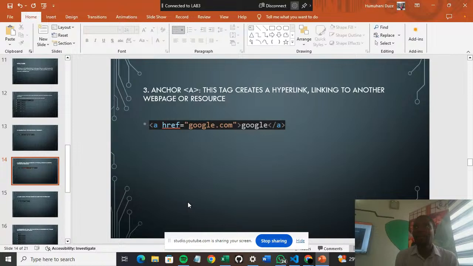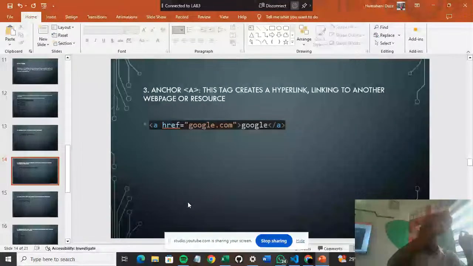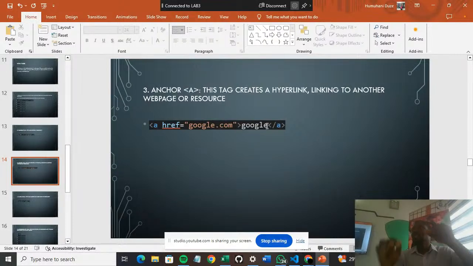It is denoted by A. Then we have what we call the href. Inside the href, there is a quotation where you put the location where you want it to take you. Like in this one, this a href is going to write this. You see this thing outside the tag, this Google here. You can see it, right? It's going to write it, but it will be in blue color and underlined. So the moment you click on it, it will take you to this site,